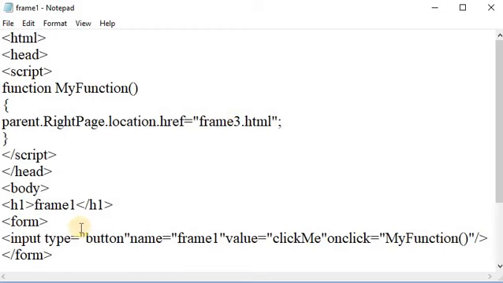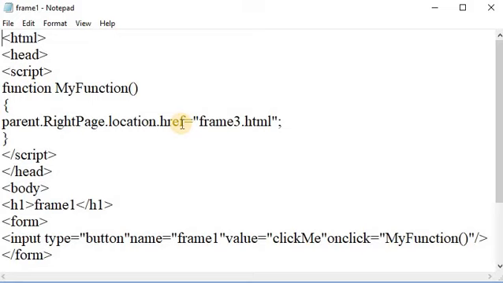First of all, I have created one button in the first frame, and by clicking on that button we need to assign the third HTML file to the second frame, replacing the previous HTML file.